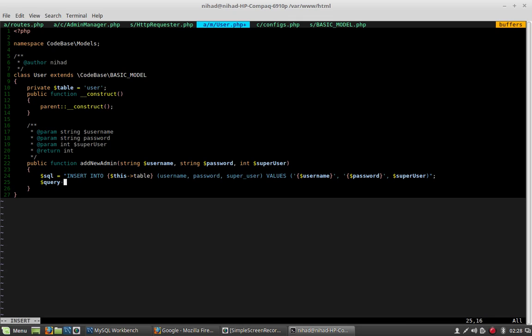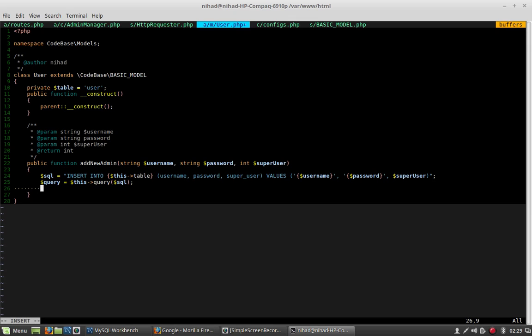Let's add query variable equals this query. It's basically, I know here at the top we extend the code base and basic model class, but the basic model class is actually extended from the standard PDO class, so that's why we have access to the query function. So say this query SQL, and then